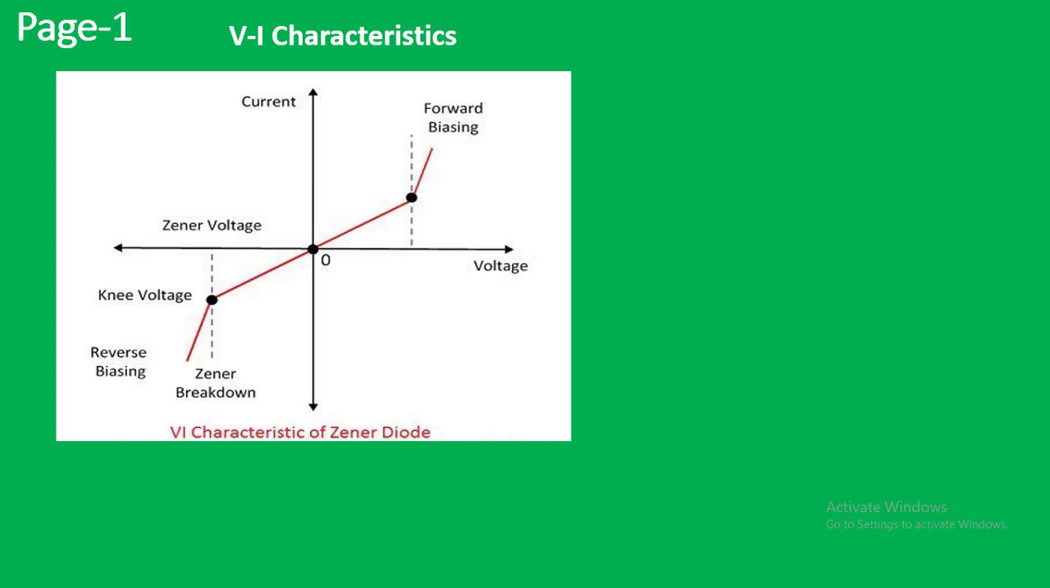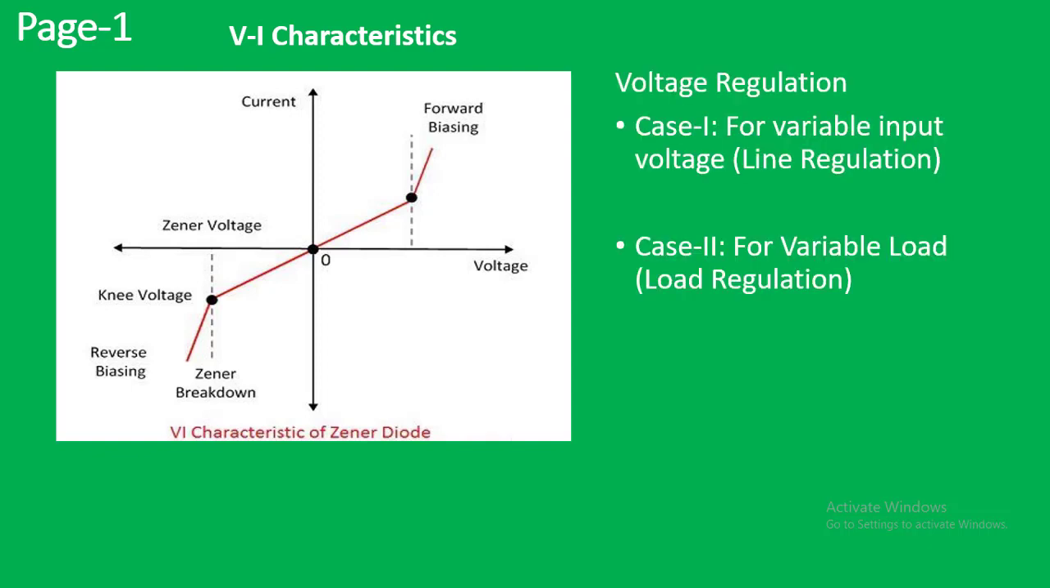So that is the phenomenon, and Zener diode is forced to work in the reverse bias direction. As a result of that, we can use Zener diode as a voltage regulator. So current will increase but voltage will remain same. Now there are two cases. So case 1 is about the